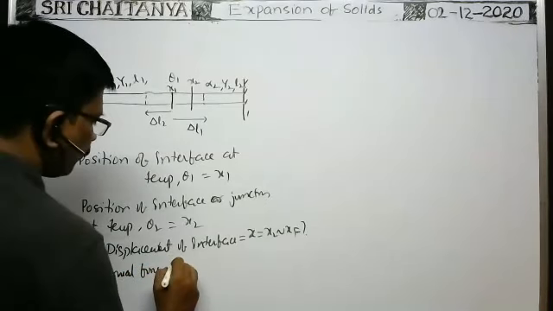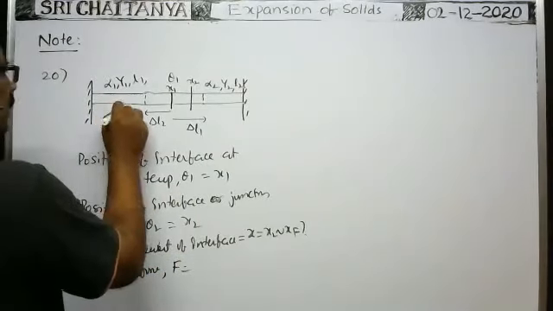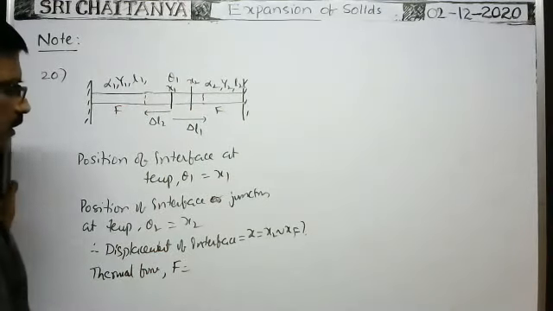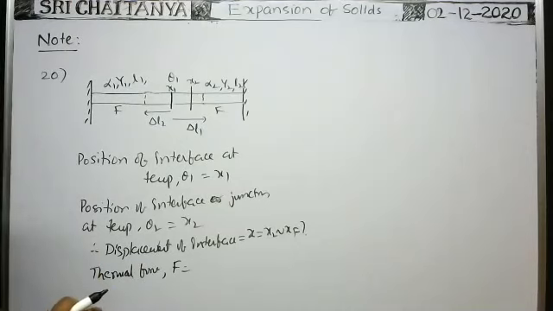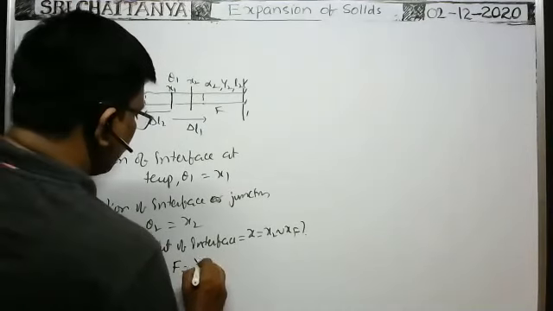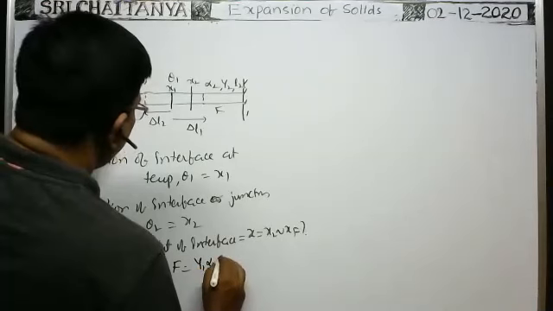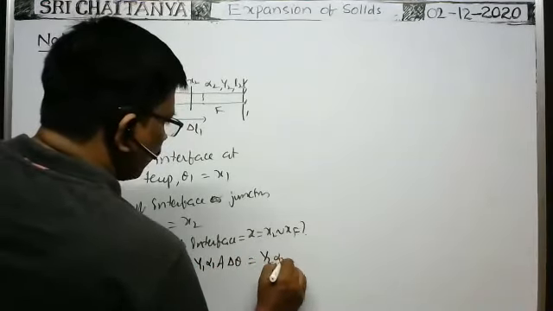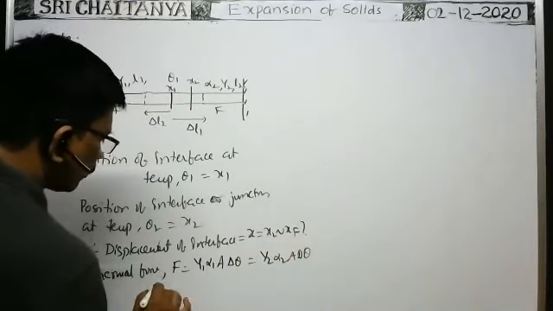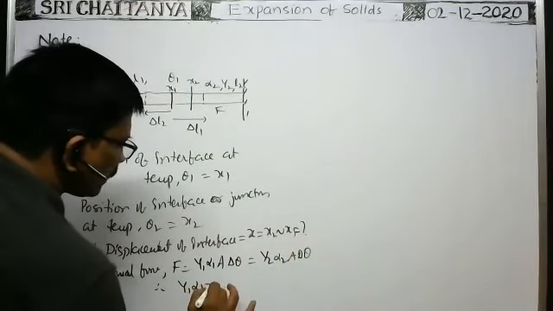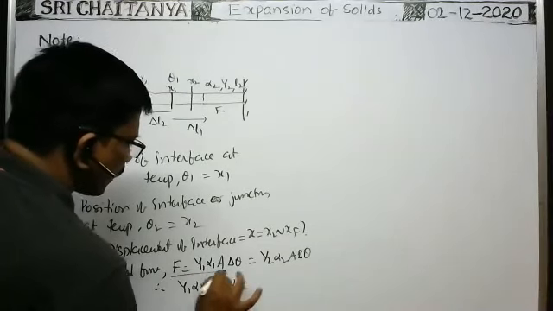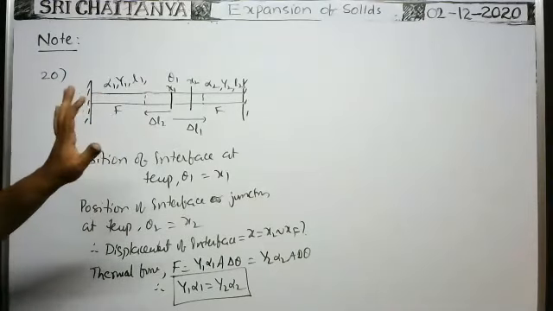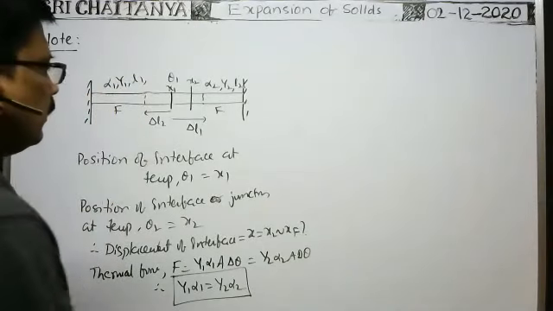What is the formula for thermal force? Thermal force in this rod, both are same as they are in series. That's why thermal force F is equal. What is the formula? Y alpha A delta theta. For the first rod, it is Y1 alpha 1 A delta theta, and for the second, Y2 alpha 2 A delta theta. Therefore, Y1 alpha 1 is equal to Y2 alpha 2. This is the condition, the relation among Y1 alpha 1 and Y2 alpha 2. Okay. Now,